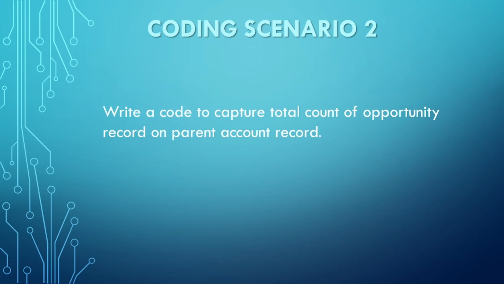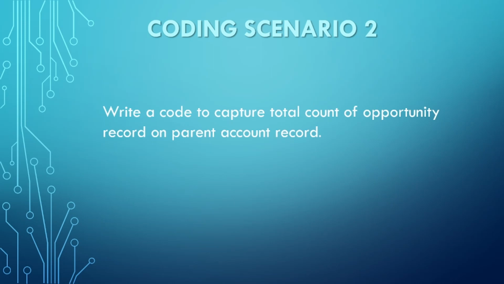Because in our scenario, you need to count the total number, but the total number will only change if the opportunity record is either inserted, updated, or deleted. This means your record manipulation is coming into the picture. So if record manipulation is coming into the picture, then in that case you need to go ahead with the Apex trigger. Okay. And since it is updating the parent object, that is a different object, that is account,